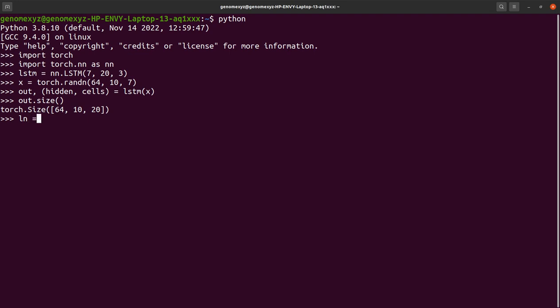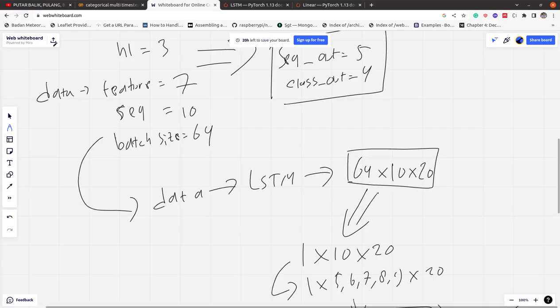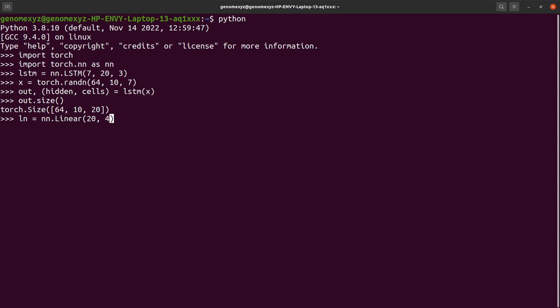Let's define our linear layer. The input feature is 20 because the output feature of the LSTM is 20. And because we have four classes here, the output feature is 4. So output is